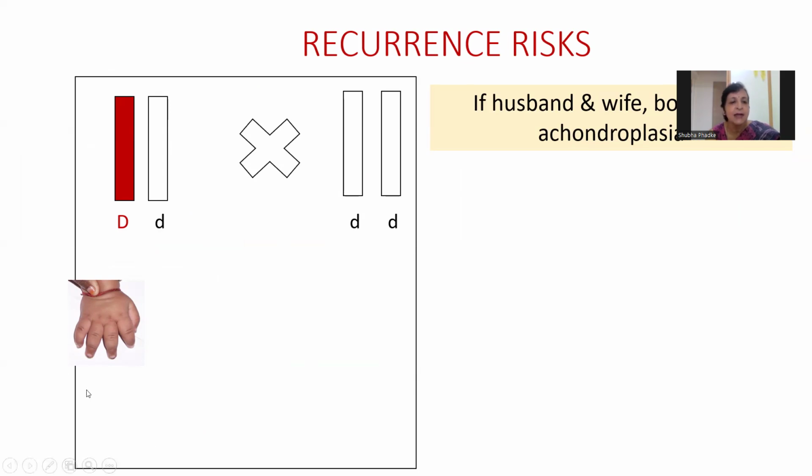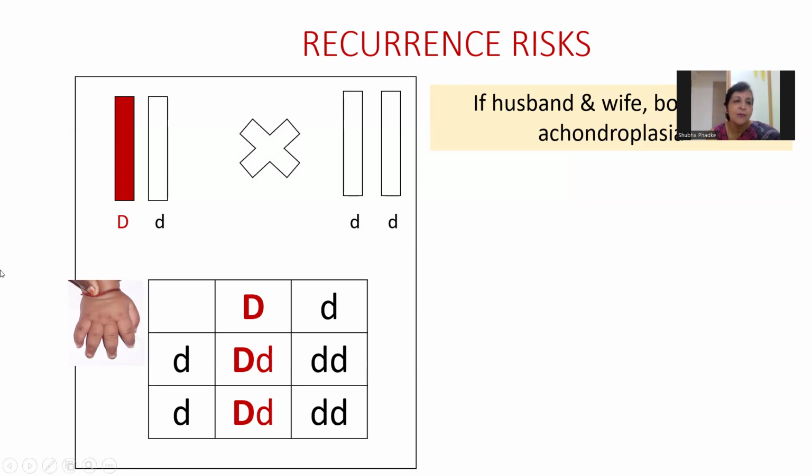This type of trident appearance of the hand is a characteristic of achondroplasia, which is an autosomal dominant disease. The penetrance is complete and the severity is always similar. So if one of the